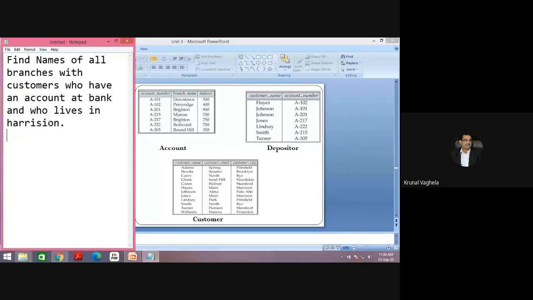And who lives in Harrison City? The city related information you can find from the customer table, right? So the account table and the customer table you will need.